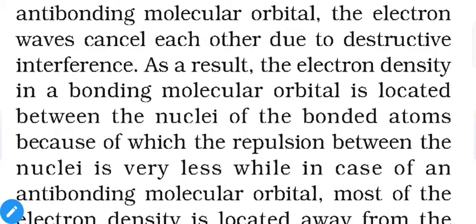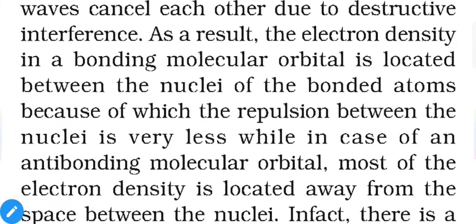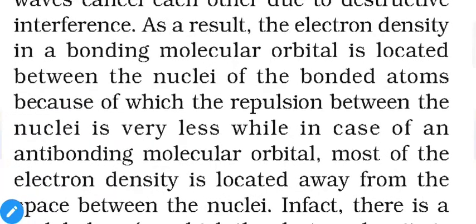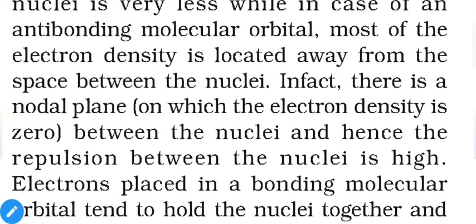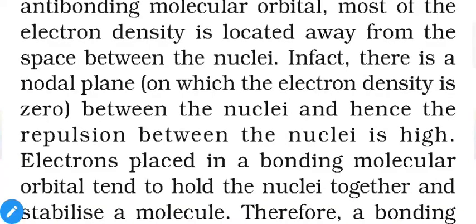So bonding orbitals are considered as constructive interference, and anti-bonding orbitals are considered as destructive interference. As a result, electron density in the bonding orbitals is located between the nuclei of the bonded atoms, because of which the repulsion between the nuclei is very less. In anti-bonding molecular orbitals, most of the electron density is located away from the space between the two nuclei. In fact, there is a nodal plane, between the nuclei, on which the electron density is zero. We already discussed nodal planes,